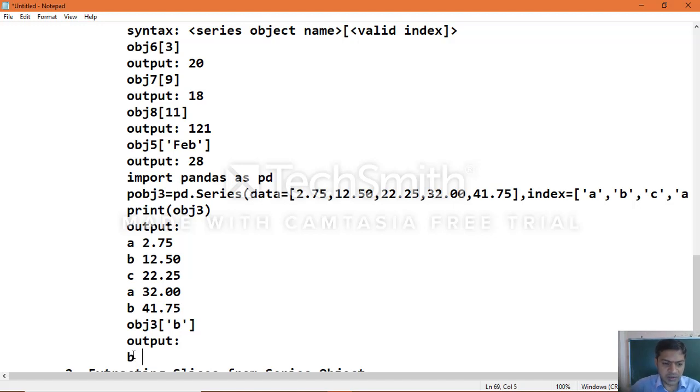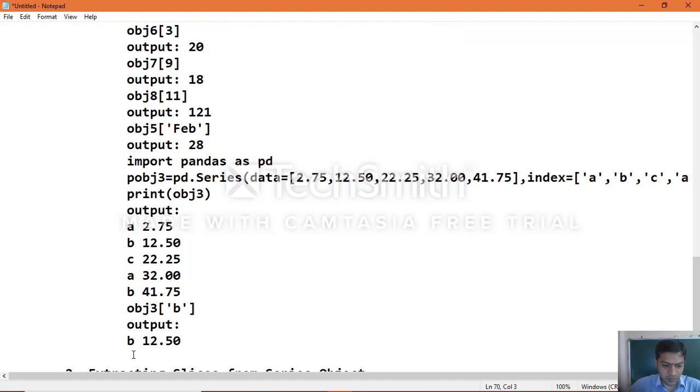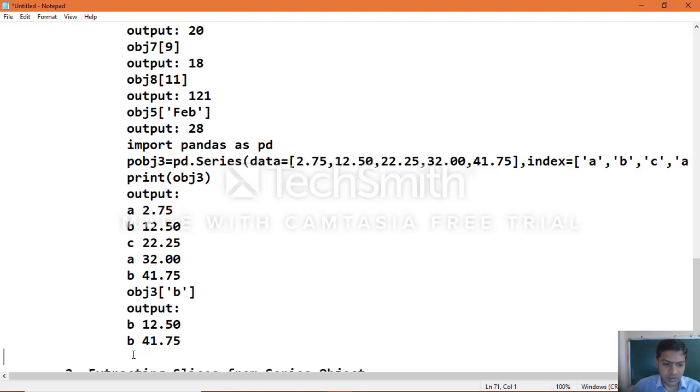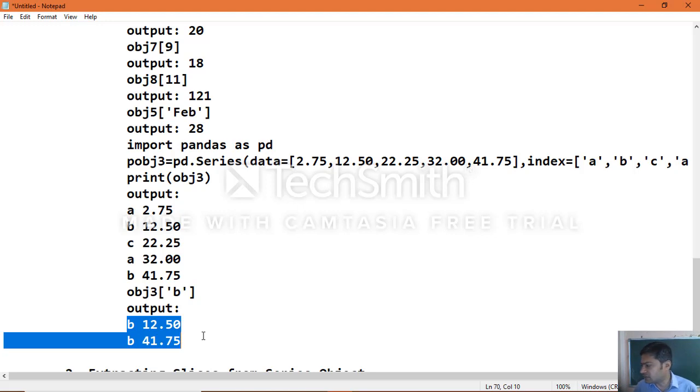So b values are 12.50 and b one more is there, the duplicate value 41.75. The moment you apply a series object which contains duplicate entries with an index number, all the values assigned to that index you will get as an output.